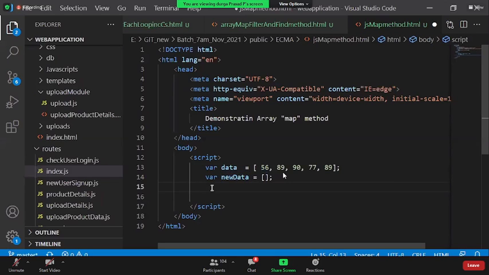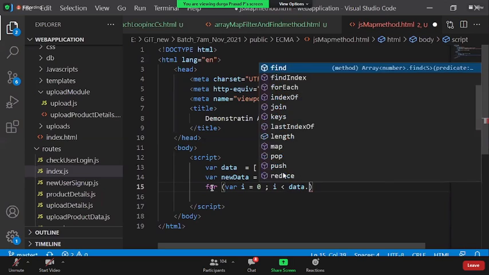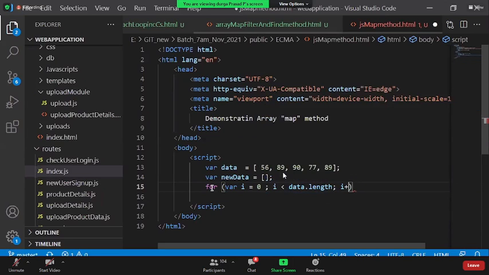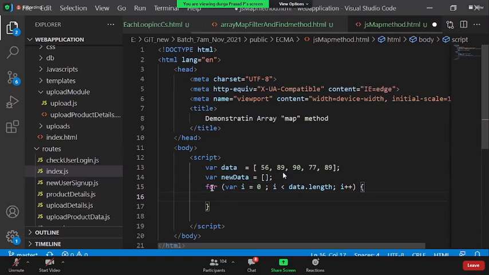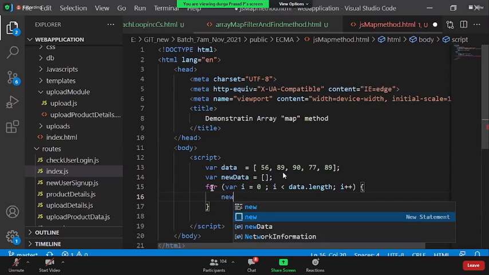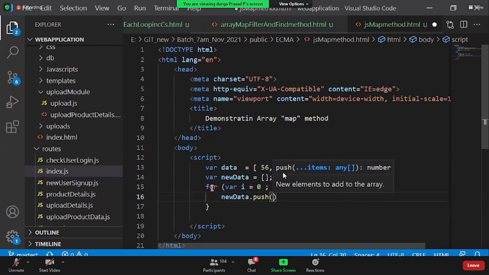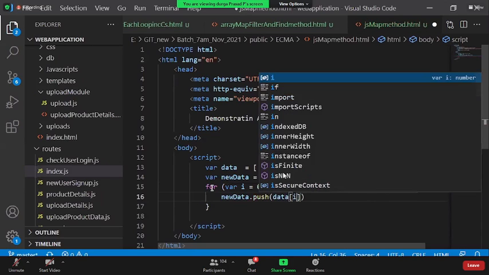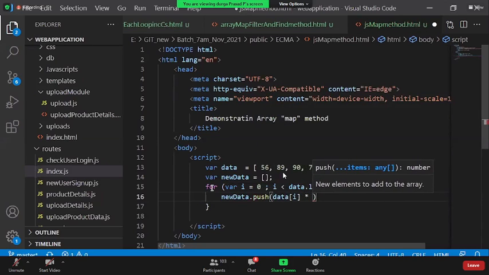So what I need to do here, guys, I say for var i equal to 0, i less than data dot length, and i plus plus. You need to say new data dot push. What I need to push here? Data of i into 2.